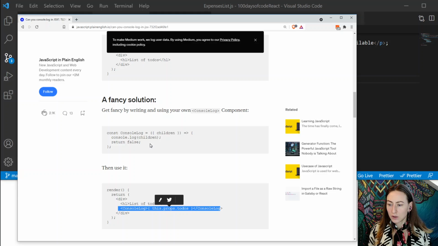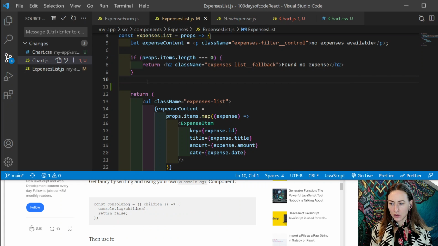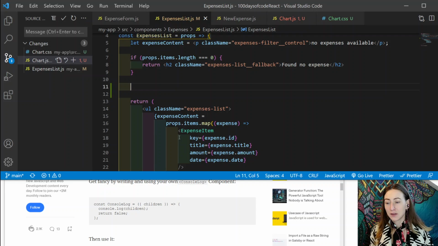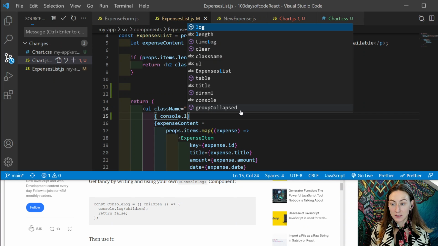Right, because I actually think this makes sense to me now. So if we do console log, basically if you're in here you need to use the curly brackets. So if I was to put a console log here, this will work. I'm just not 100% sure how to put it into the more complex parts. So yes, if anyone else does know what I'm doing wrong there,